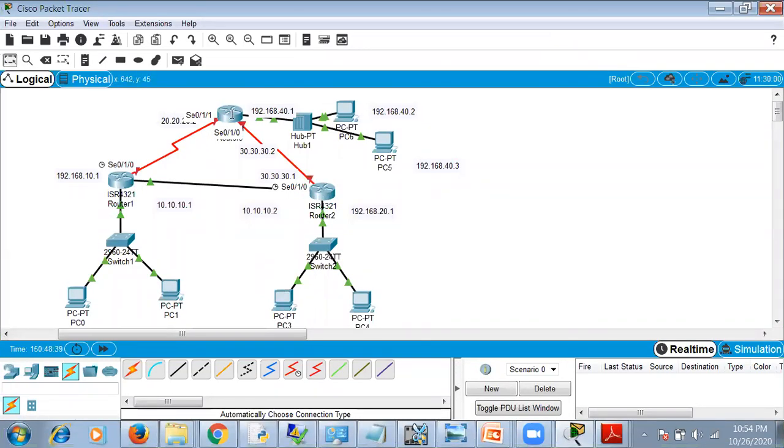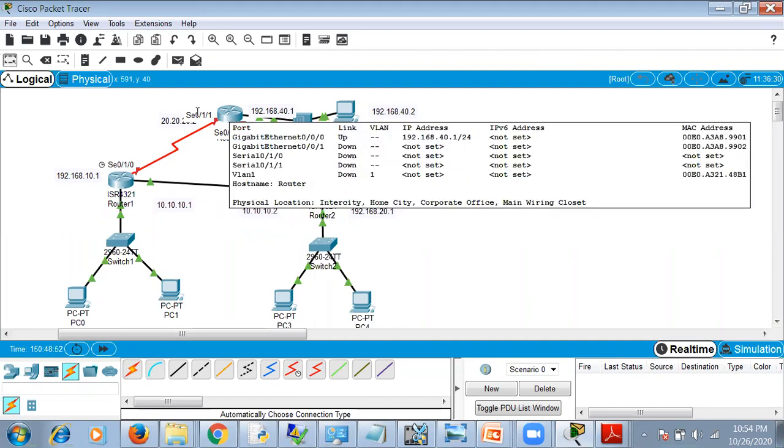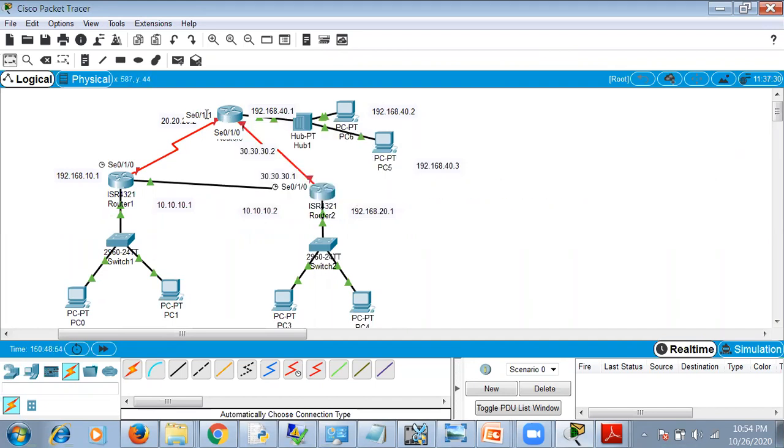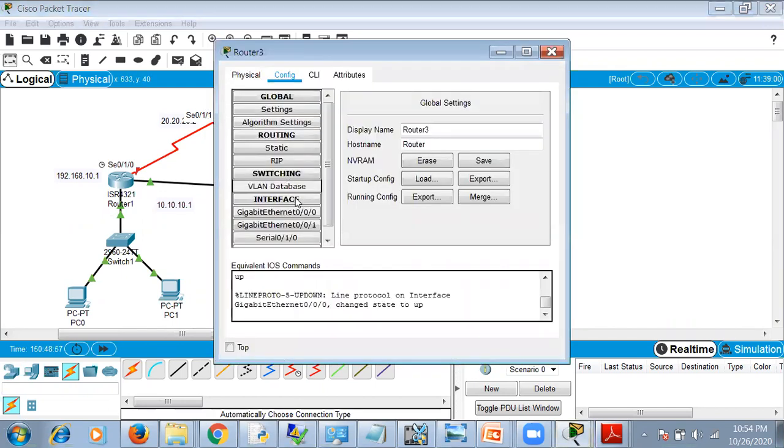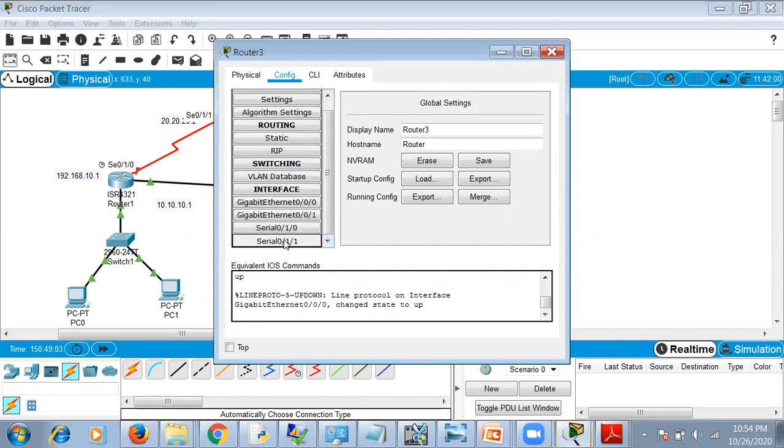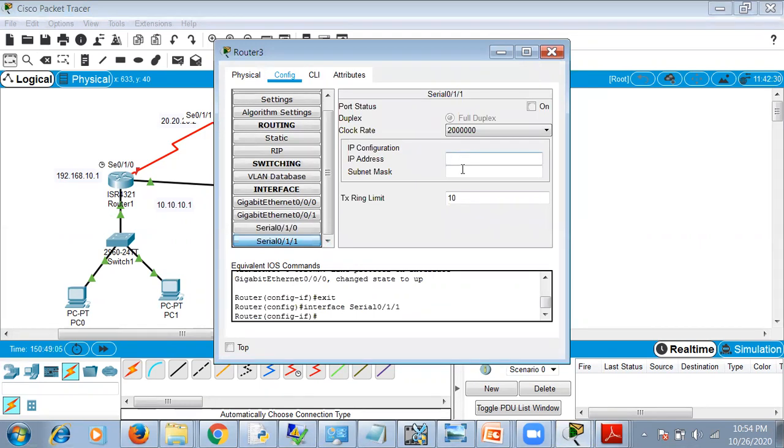Now we'll set the router third address. So when you bring your cursor here, it will show you serial link 0/1/1, whereas this one is 0/1/0. So remember these addresses, that you have to put the proper IP address. So it is 0/1/1. So click here. The IP address of this belongs to 20 LAN.